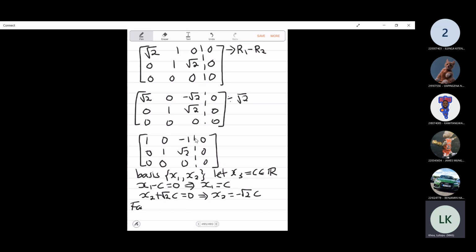So the family of eigenvectors, this will be c, minus the square root of 2c, and then c, and then the usual is 1, minus the square root of 2, and then 1. Okay, so those are your solutions with the 3 eigenvectors. Then number 3,